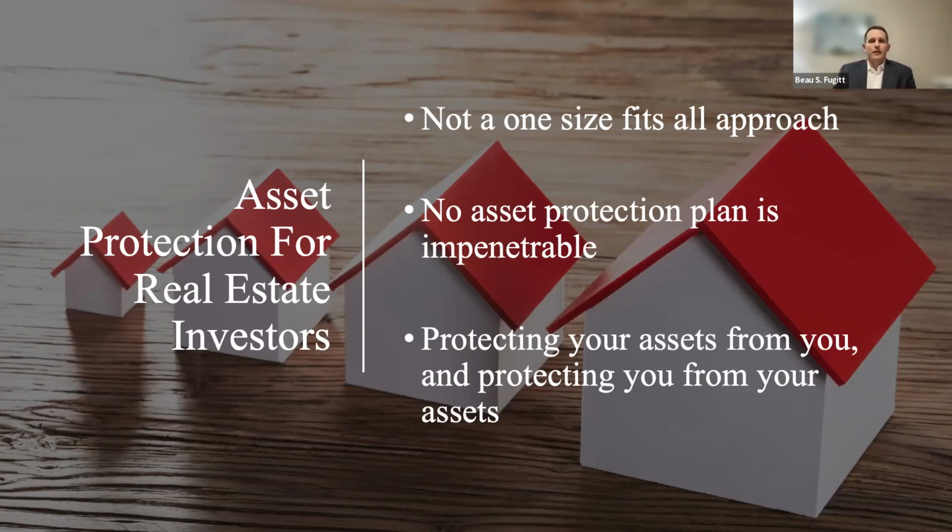The other approach, right, the top down to the bottom up, is to protect your assets from you. So in the other scenario, you own real estate, maybe you've even got it in an LLC, and on your way to work, you get in a car wreck, you're at fault, it's determined that you're at fault. And so now they come after you, they're already coming after you personally because you were the one in the car, right? So how do we keep them from getting your real estate at that point? How do we protect your assets from that direction? So when putting together these asset protection plans, those are the two things you want to keep in mind. You want to protect it from both directions.